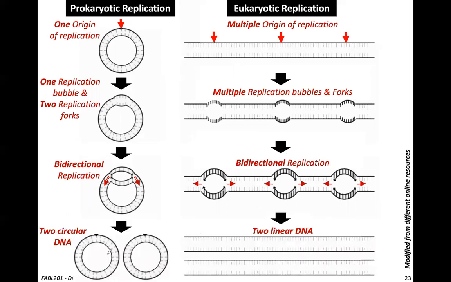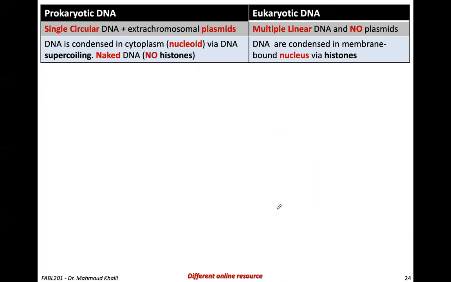By the end, you will have two circular DNAs, but here you will have two linear DNAs. So here, let's see,